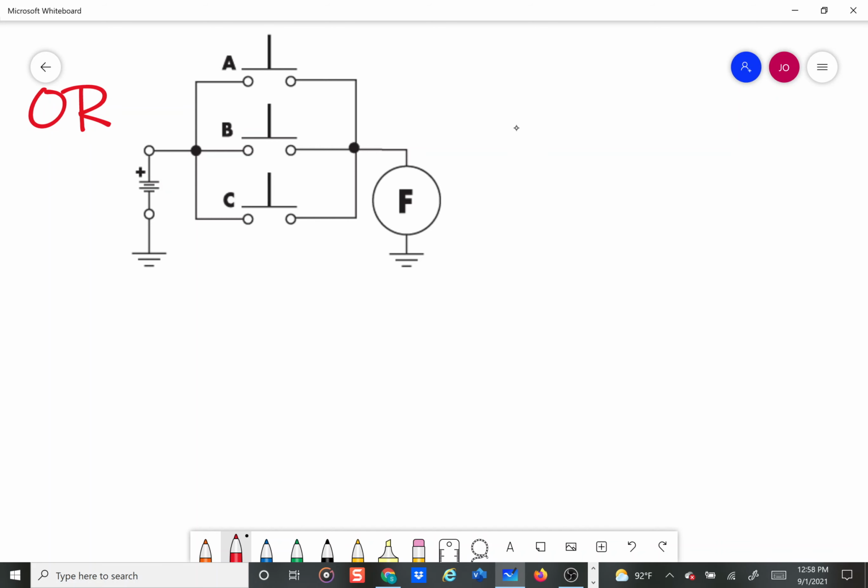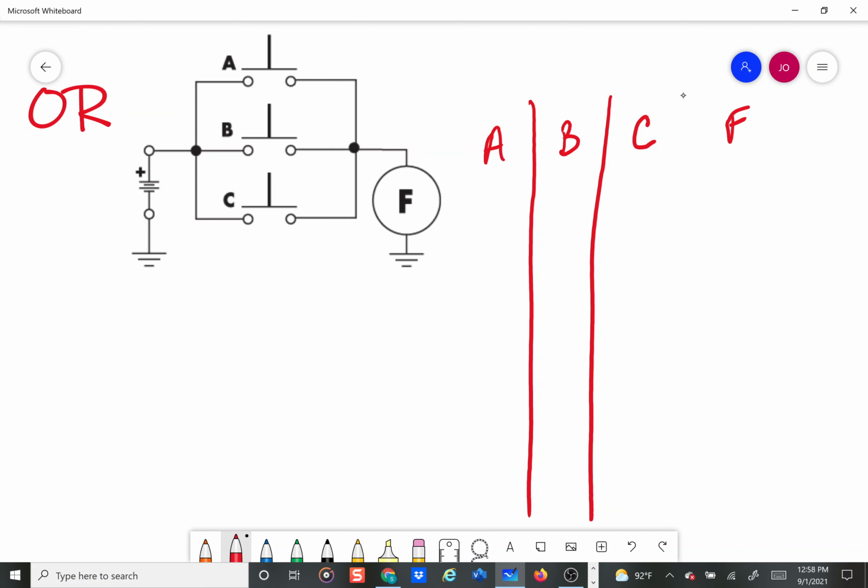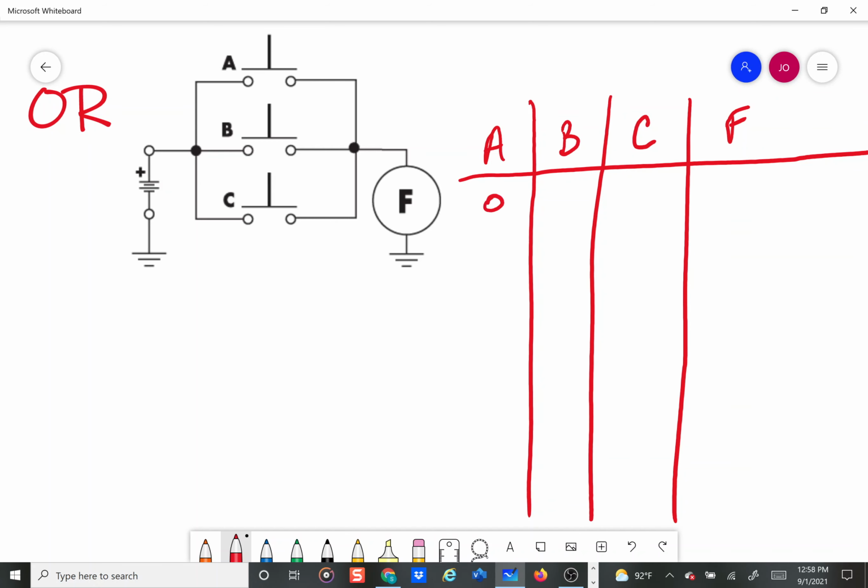So what we'll do is we will again do our truth table. And so I've got input A, input B, input C, and output F. And I have got to again draw in all of my possible scenarios. Extend those out a little bit further. So I'm going to have, if they're all low,